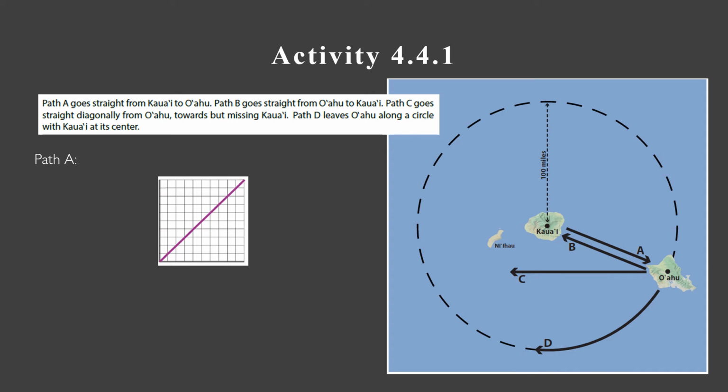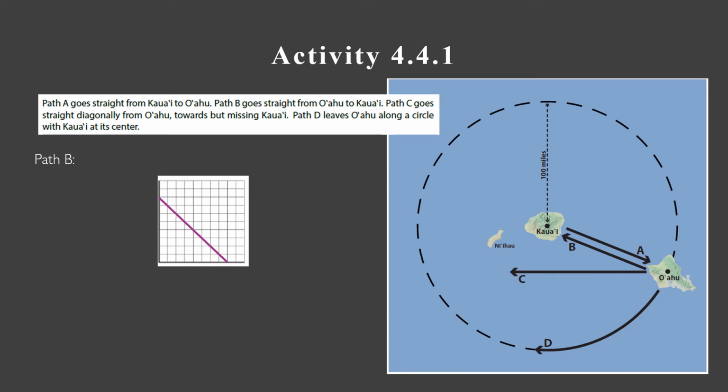Okie dokie, welcome back. So in Path A, we start at Kauai, so our distance from Kauai is 0, and we steadily increase that distance as we travel. This means that our graph will look like a straight line starting at the origin with a positive slope. In Path B, we start at Oahu, so our distance from Kauai is 100 miles, and we steadily decrease this distance as we travel. This means that our graph will look like a straight line with a positive y-intercept and